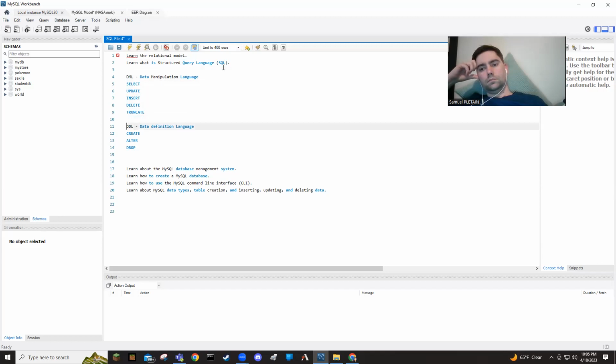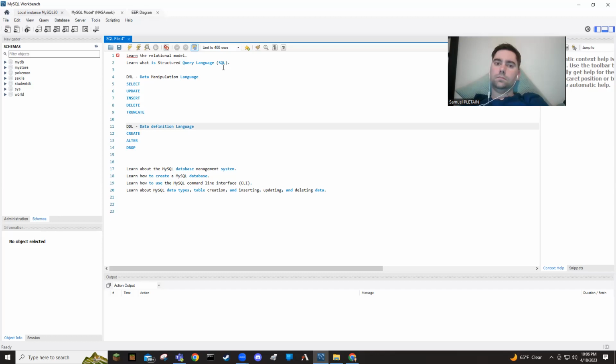DDL stands for data definition language. These are the commands that you issue to create the database, to create the connections between the database, to create the tables, to create the rows and the columns, okay? This is the construction. This is building the building, right? Create. And again, these are words that you know what they mean.